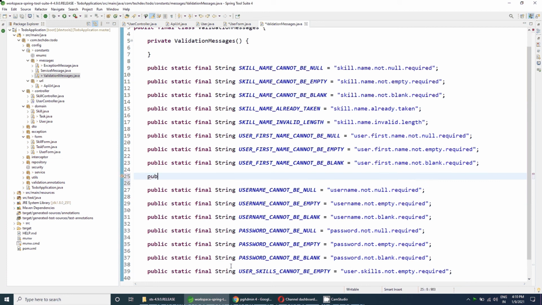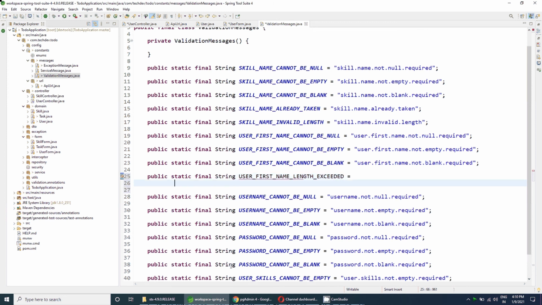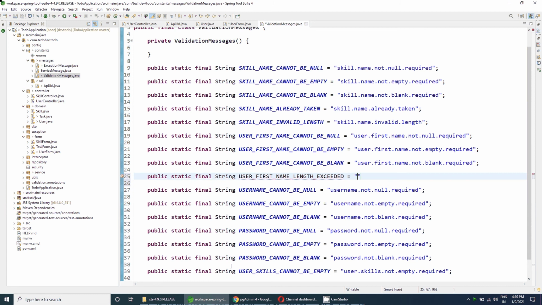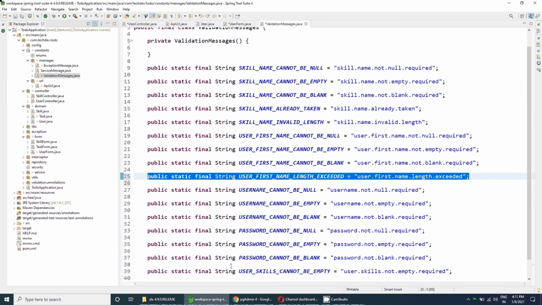Public static final string user first name length exceed, user dot first dot name dot length dot exceeded, and similarly the username and the password.